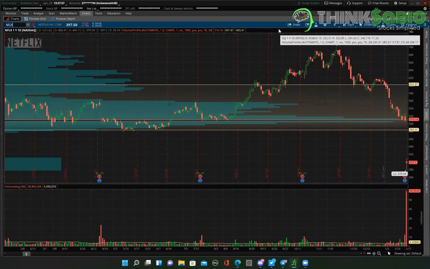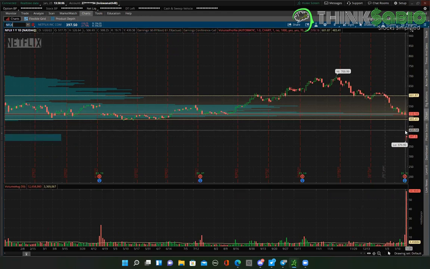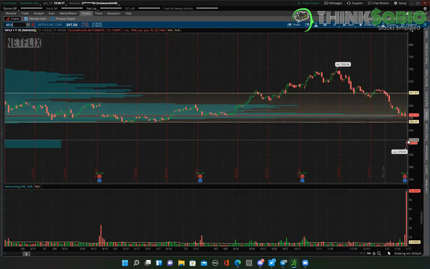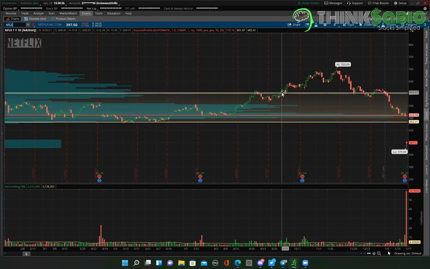Netflix, well, Netflix is kind of like, I don't think it has anything to do with the volume profile. I mean, it has this big bad ER, and I don't know. I cannot basically count Netflix dropping below the volume profile. However, what I can say is it's pretty weak right now. I mean, there's a chance it can just go slightly up, take a pullback, and drop down even more if the market is weak. So this is Netflix, and then when it broke from here at $600, it